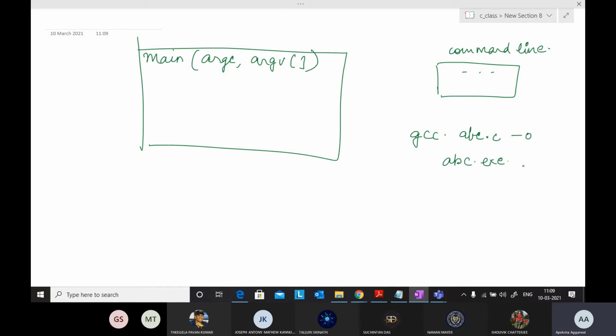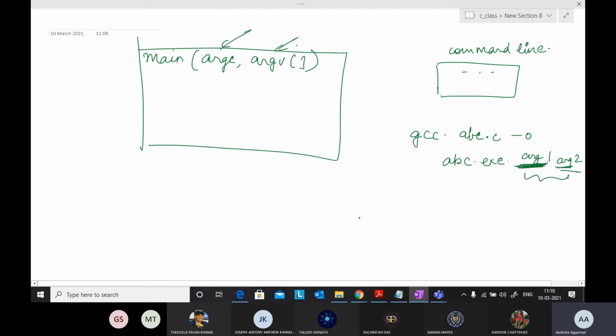And suppose you are giving argument 1 and argument 2. You have given two strings as input while executing from the command line. This is the first string, this is the second string. ARGC and ARGV will store the list of data that you have passed.